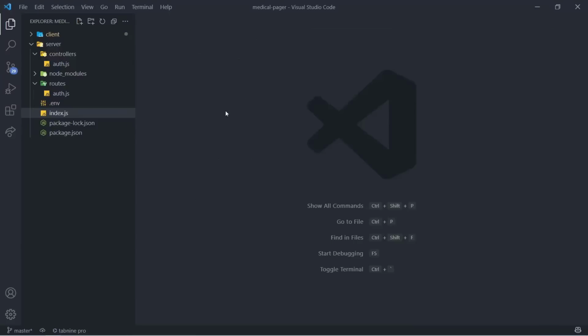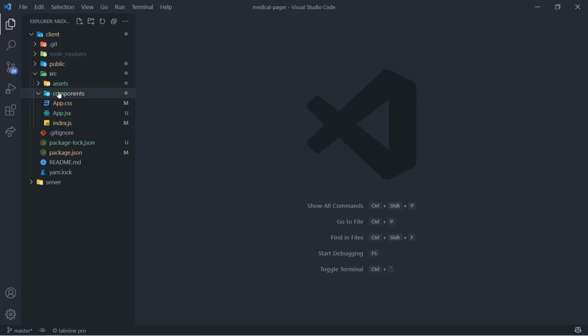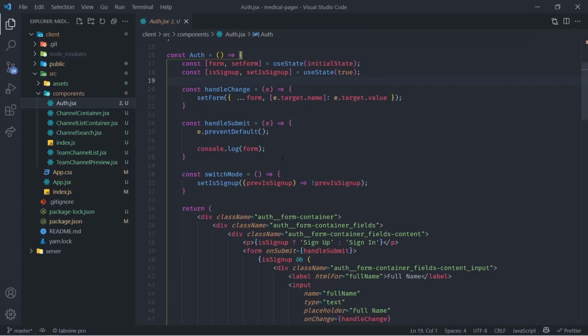Now we can close all of these files and then go back to the client side, more specifically in components, auth, and then from here in the handle submit, remember this form data? We want to pass that form data back to our backend. Let's do that right away. Okay,